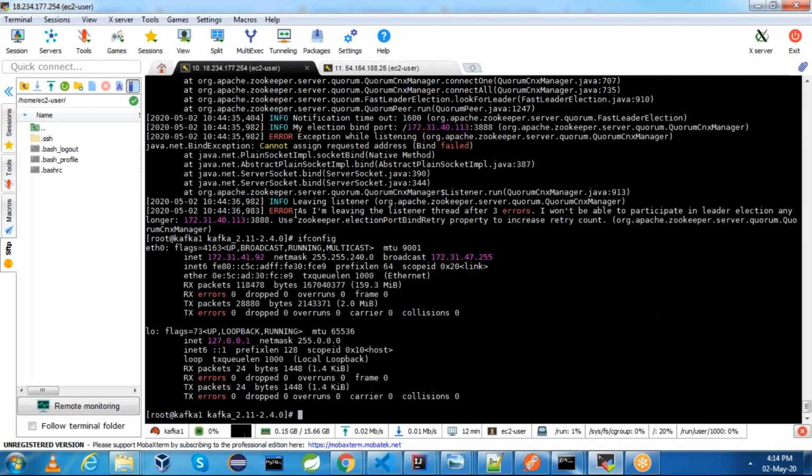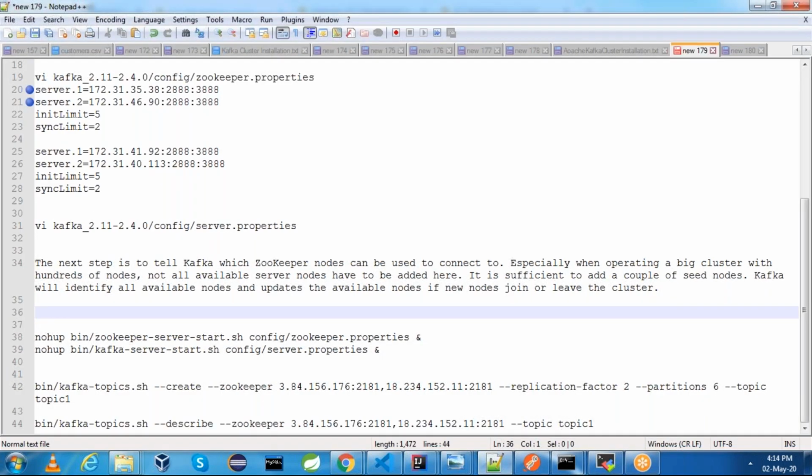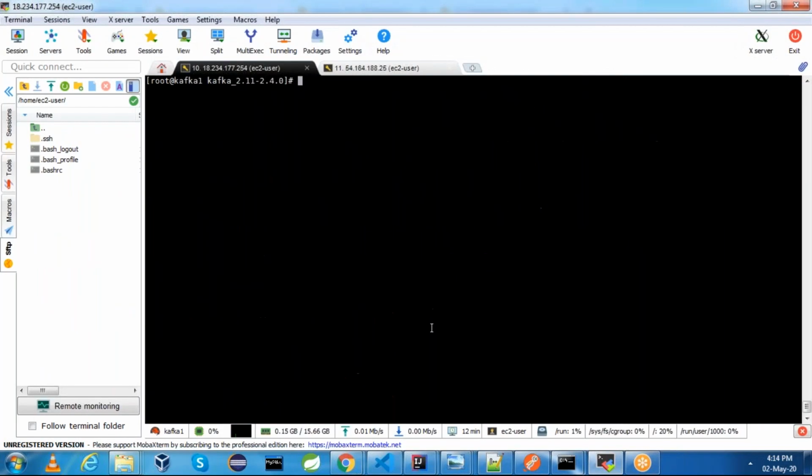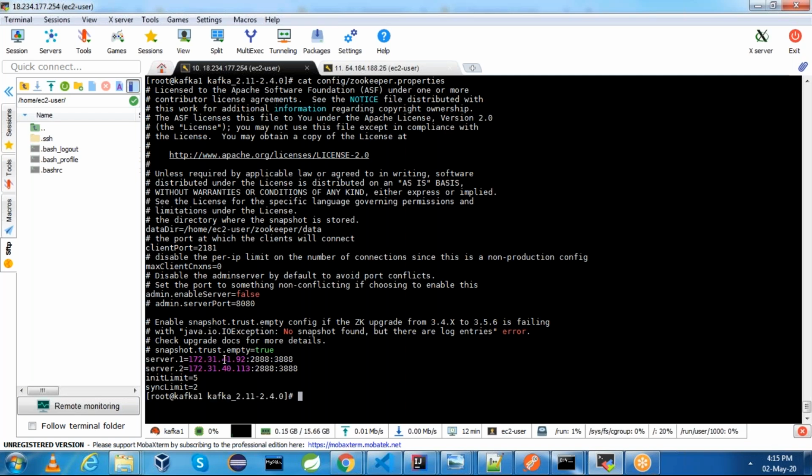ifconfig: this is 92. This is 113. 92 and 113. We'll cross-compare once. cat config/zookeeper.properties. server.1, server.2, /home/zookeeper-data, everything is perfect.